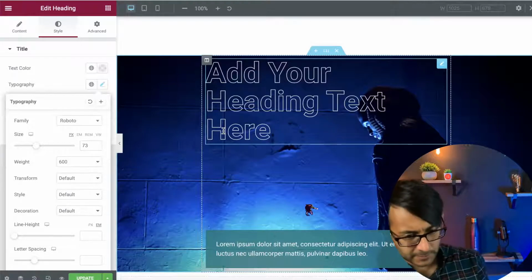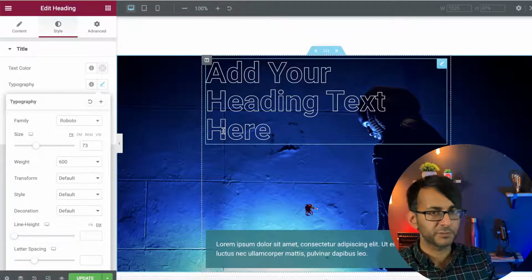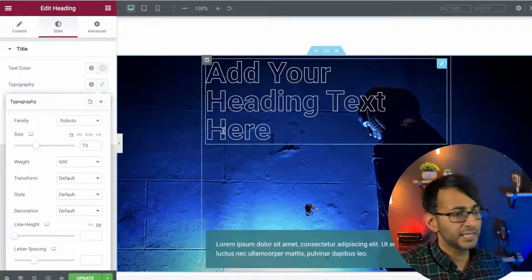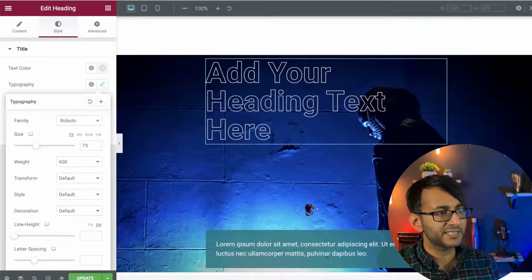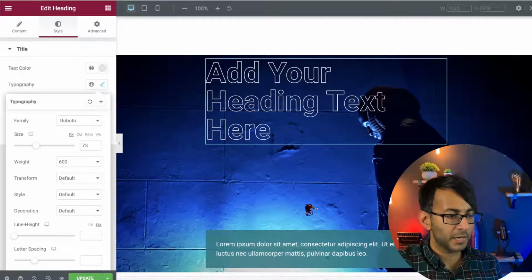But again, it just means that for those of you that are a little bit uncomfortable with CSS coding, or you just don't like doing it, again, I think this is a really neat little feature, and I think it is something that you should use a lot more on your websites. Now,